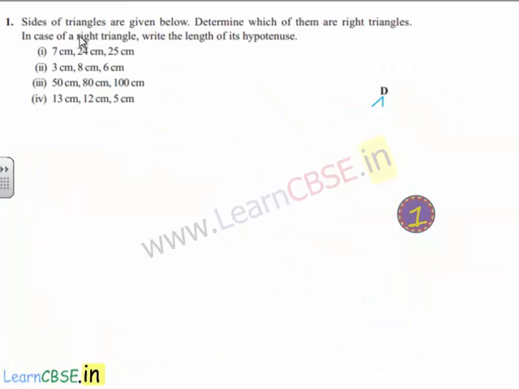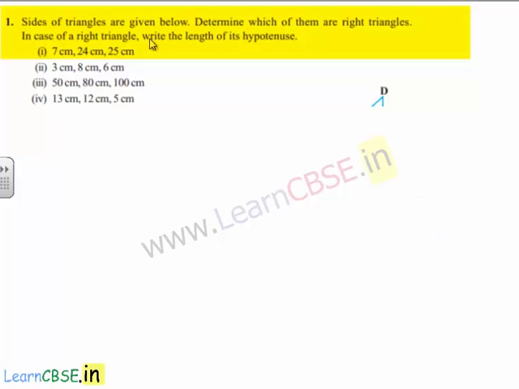Moving on to the first sum. Sides of triangle are given below. Determine which of them are right angles. In case of right angle, write the length of its hypotenuse. Now, moving on to the solution for